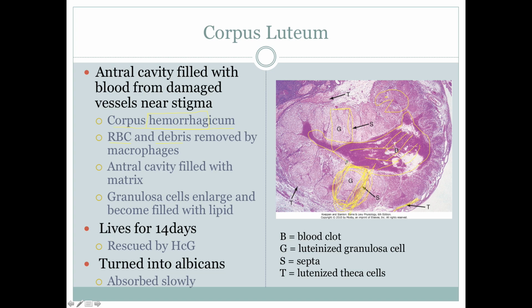So it starts to fill with lipid, and in a normal menstrual cycle, it would just eventually go away and turn into a corpus albicans and be reabsorbed back into the ovary. So 14 days is the typical lifespan if you're thinking about a 28-day menstrual cycle. However, if there is implantation of an egg, when an egg burrows into the wall and starts growing, immediately it starts making human chorionic gonadotropin. Initially, they're very low levels.